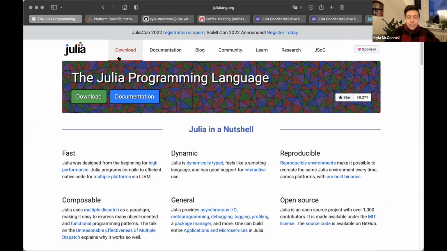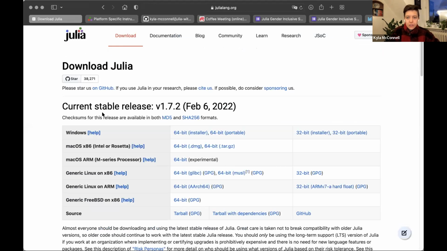Up here on the top bar, we have Download Julia. Downloading Julia is relatively straightforward as far as we have seen so far, but let us know. We're going to stick around after the talk if you have any problems with installation, but hopefully it will go easily. All you do is pick your system from the list here, and then download the installer.